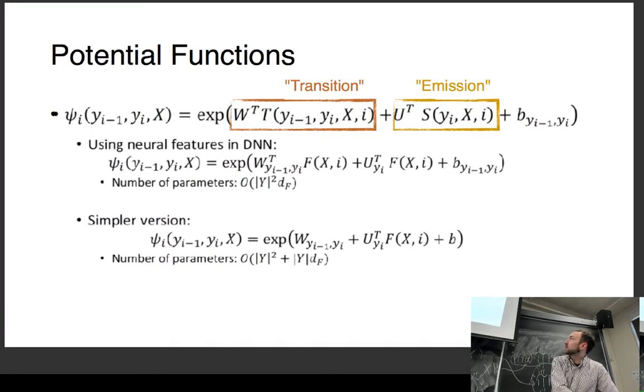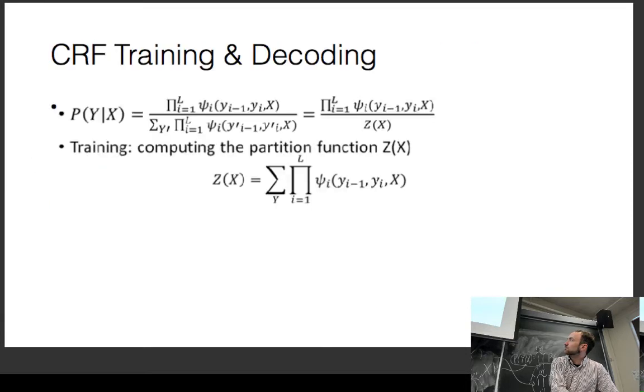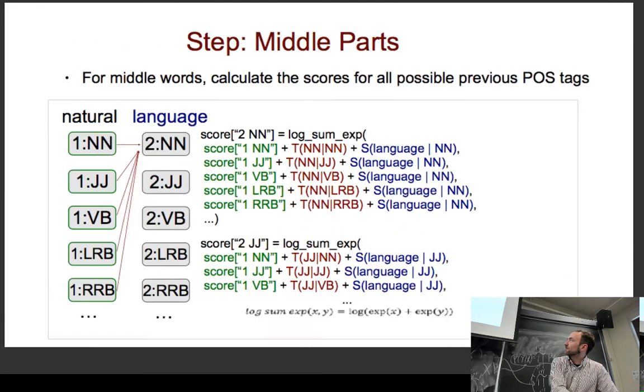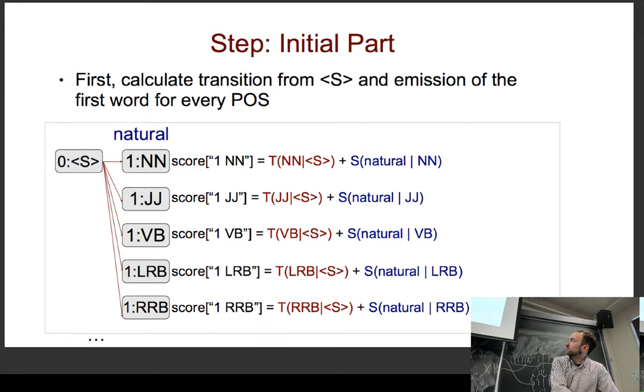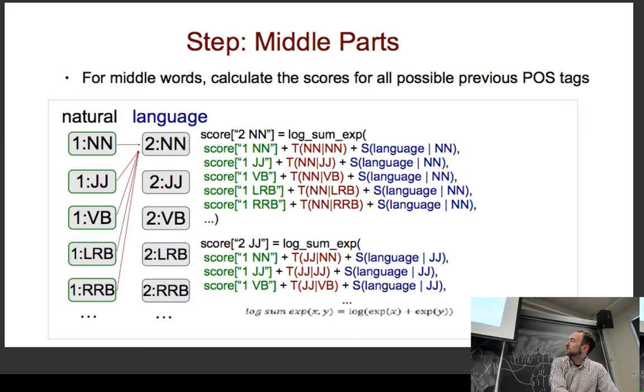So we calculate it by taking the feature function calculated by our neural network and multiplying it by a vector over all of our tags. And we can do this, of course, for every tag. So this is our vector of emission scores, and this is our vector of transition scores, given that the last tag was the start of the sequence. So then we step onto the next